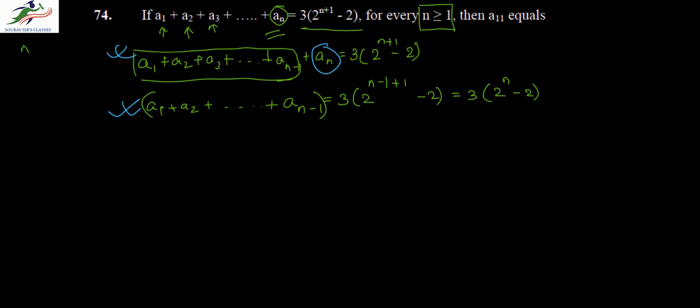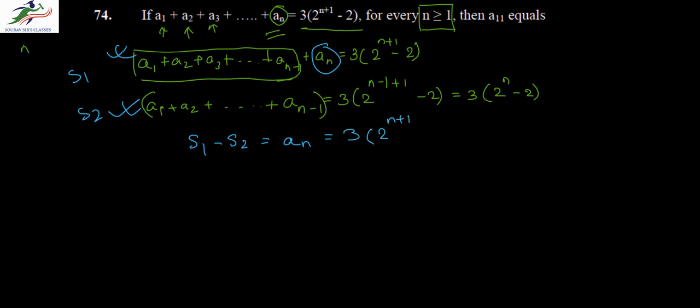So we will subtract the second series from the first one. So this is S1, this is S2. So S1 minus S2 will be equal to an will be equal to 3 into 2 to the power n